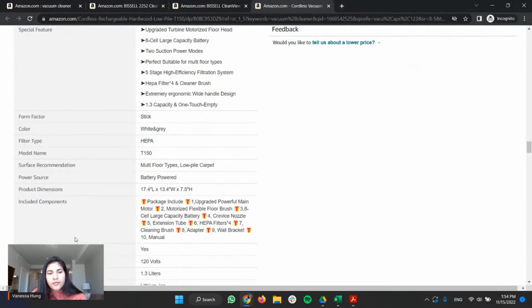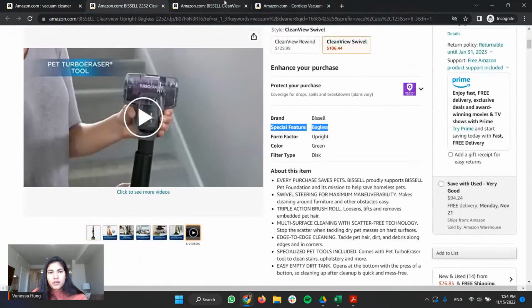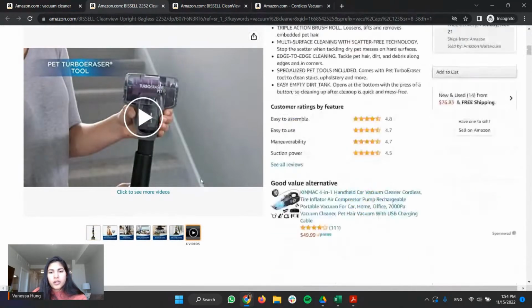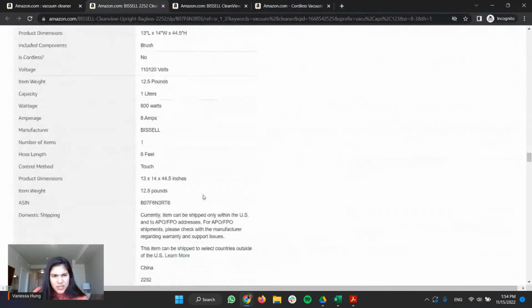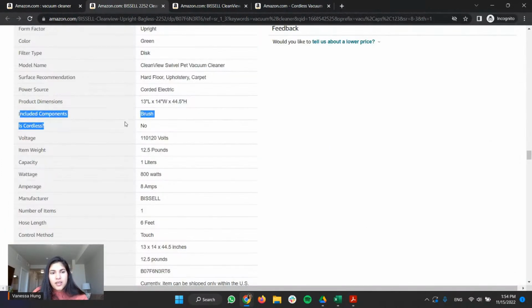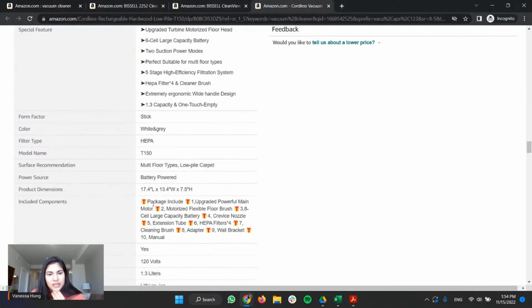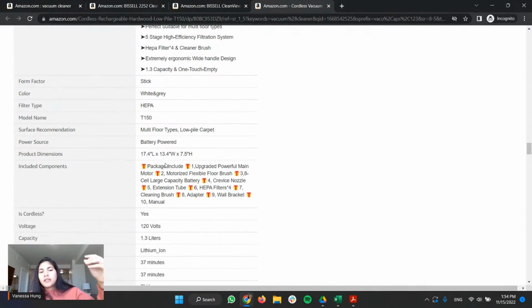And you see all of the things. So for example, included components. The other guys didn't have included components in their section. Or maybe they did. Oh yeah, included component brush. That's just a waste of retail space. It is such a waste. Look what these guys did. The package included, and they put all of the things.